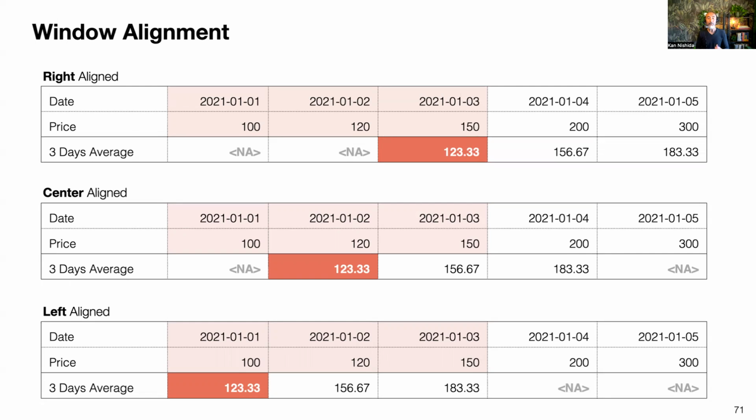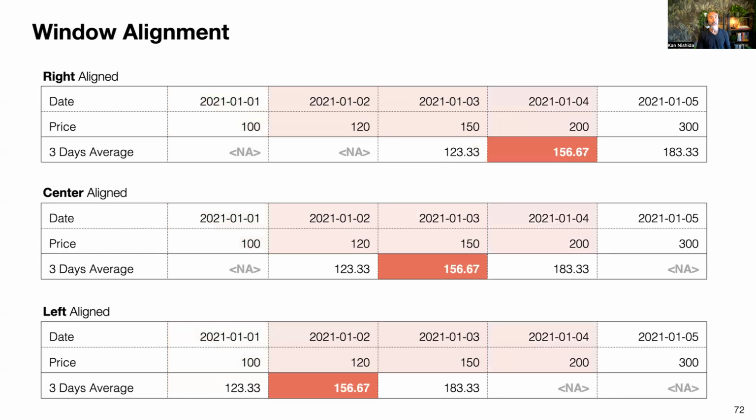Okay, and the left align is basically the bottom one. So the left align is always a 3 days window, but the left side has the value. Make sure the left side has a value. So the next 3 days, including the particular or given day. In that case, you end up having an NA or missing values at the very end. But sometimes that's what you might want to do. Okay. So